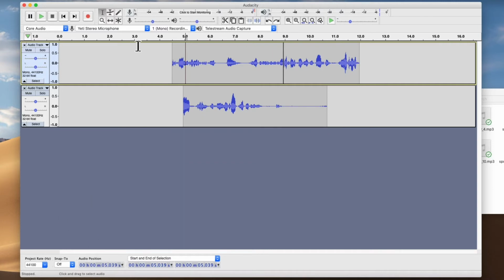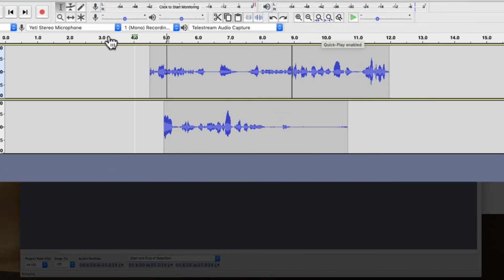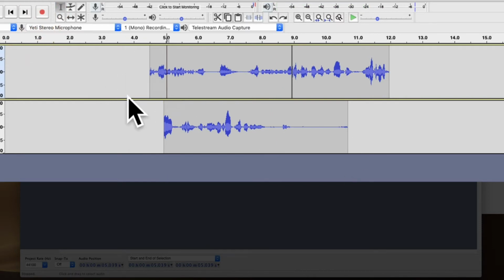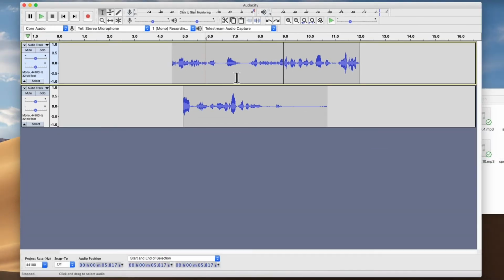Another way to play is if you hover over on the top of this timeline, you can see this little green triangle. If I hover, it says quick play enabled, which means that wherever I click, it'll start playing from there. So I'll hit stop, and I'm going to click again at 6 seconds. And there you can see you could play very specifically, or you can click and either press play or press